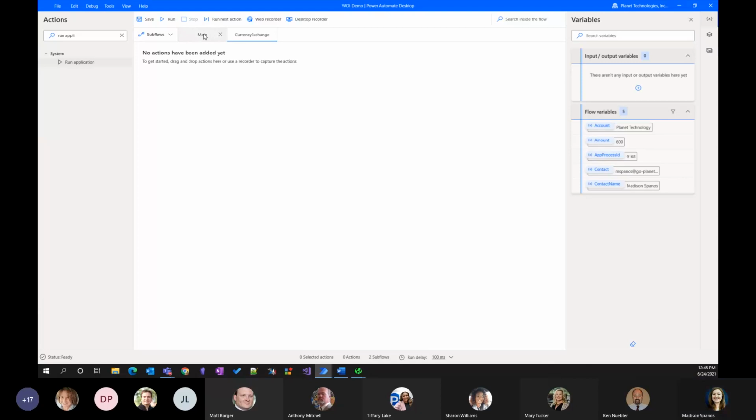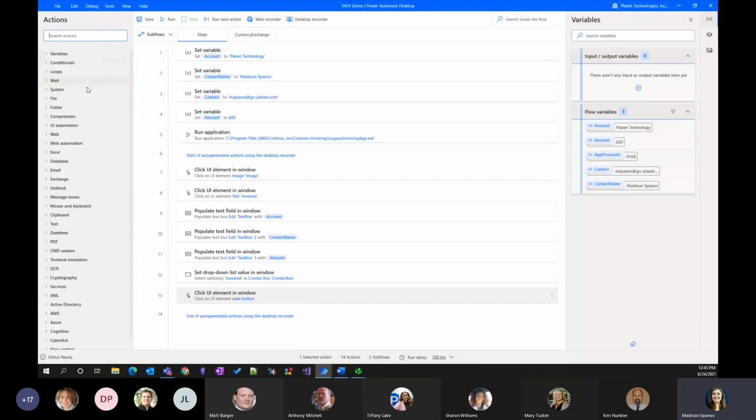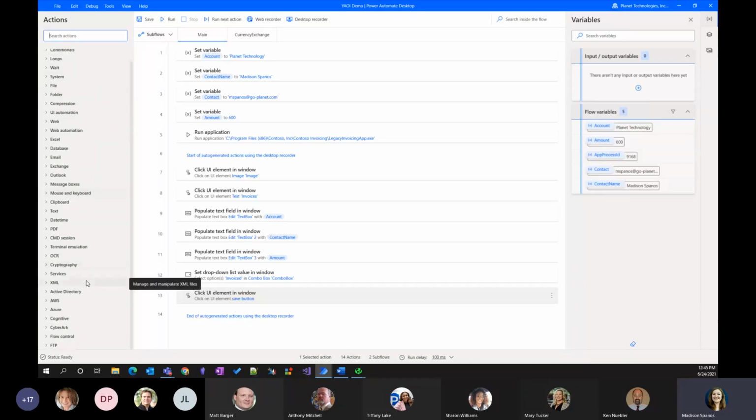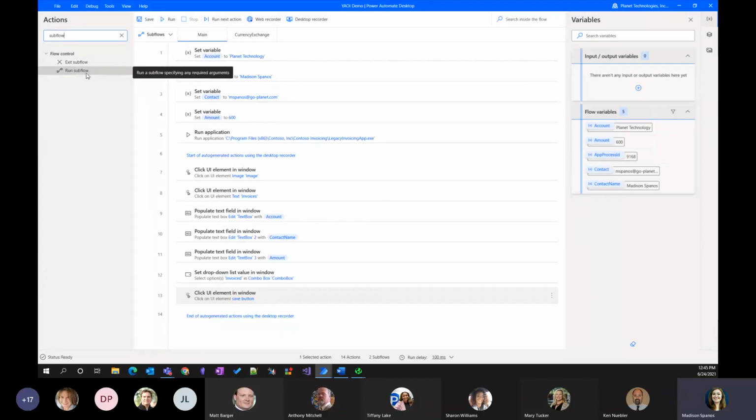save. And so that I don't forget, basically I want it to run this and then I want it to go ahead and run this currency exchange subflow. So we're going to say run subflow. And again, you are more than welcome to sift through all these actions and find whatever you want. But I don't have time to do that. So